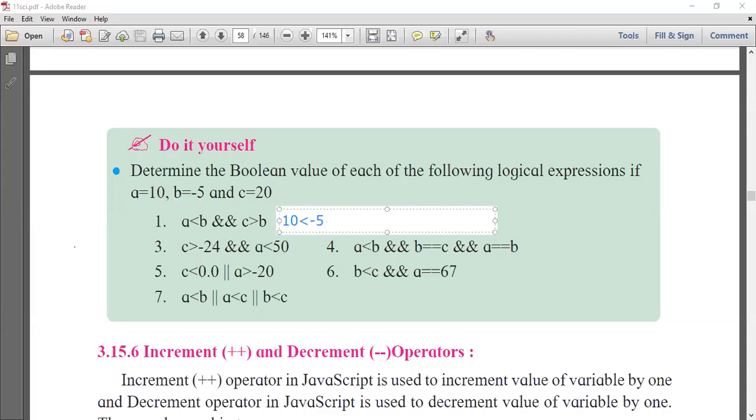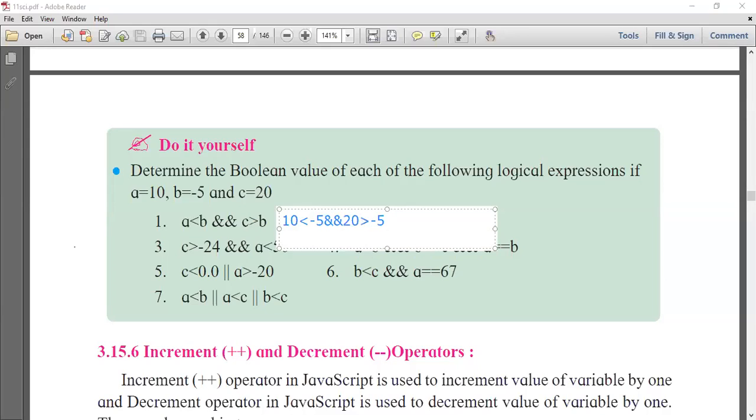This is the first expression. In the middle we are giving the &&. Next it is given C greater than B, so 20 is greater than B, which means minus 5. So these are the substituted values.